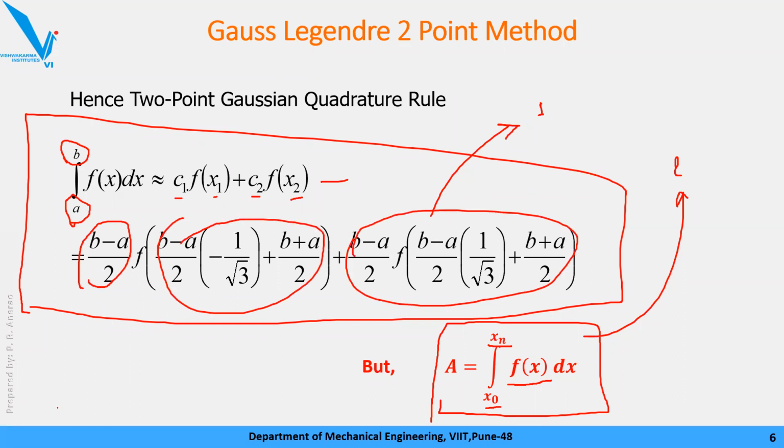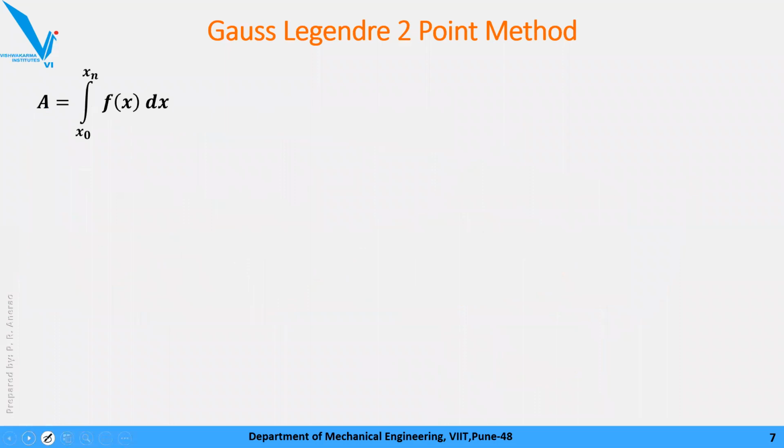Okay, so let's see the simpler approach for Gauss quadrature 2-point. And remember these two are the same, what I am going to present in the next slide and this equation are the same, I have only changed the way it is written, just for the sake of simplicity. So if we talk about the Gauss quadrature 2-point method, here we are going to see the approach and formulas involved.